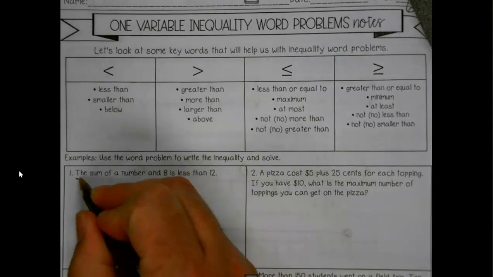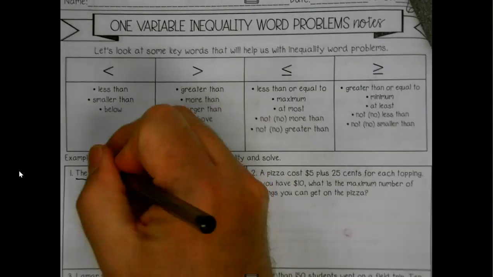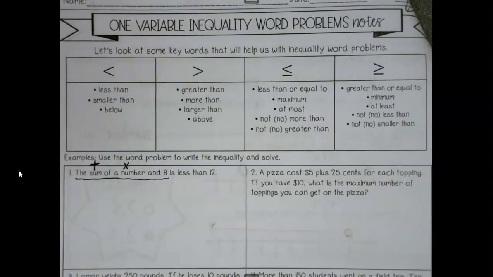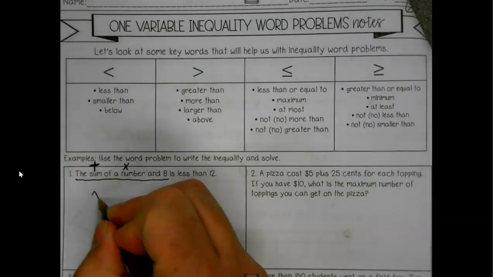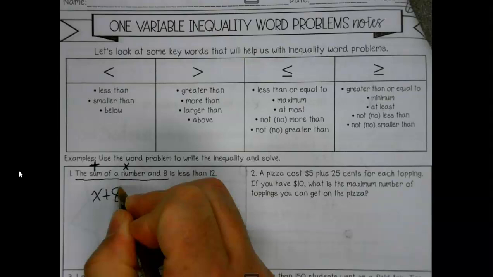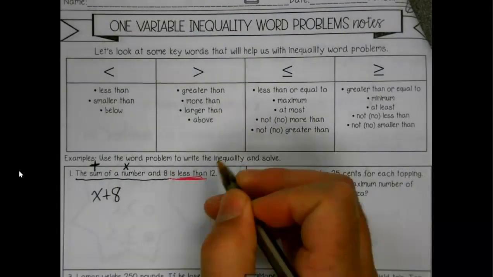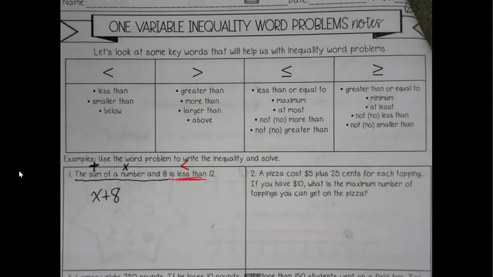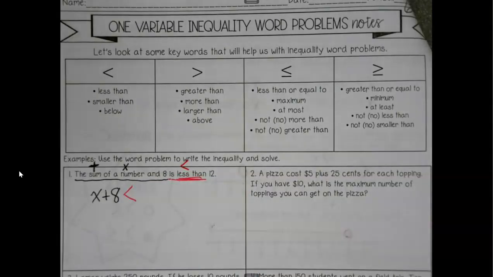The sum of a number and 8. Now, what's sum again? Add. Sum is add, and when we see a number, that's just a variable. So the sum of x and 8 is less than. When you're less, the arrow is pointing at you again, telling you you are less than. x plus 8